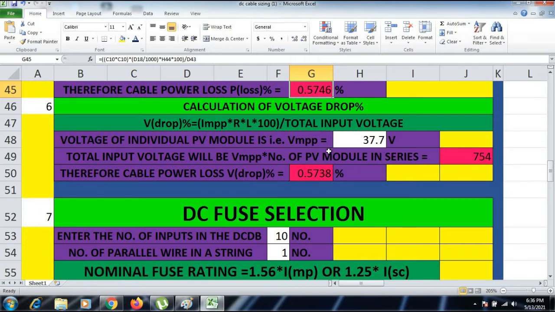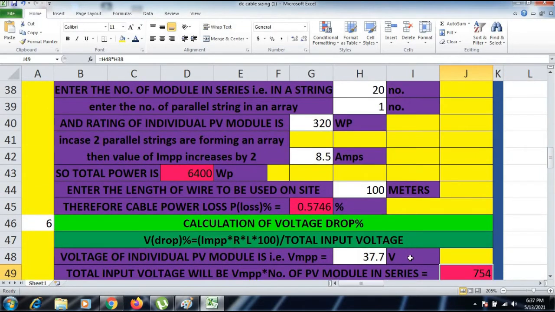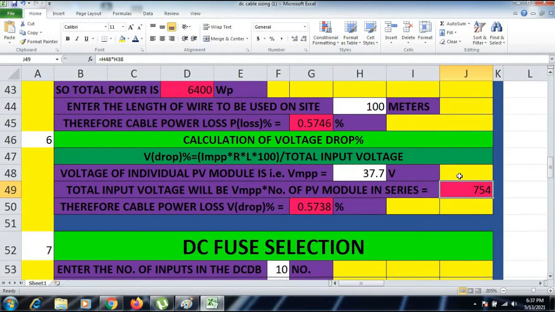Now the total input voltage will be VMPP times the number of PV modules in series. We have 20 modules in series, so VMPP 37.7 into 20, we get 754 volts. That is our total input voltage.